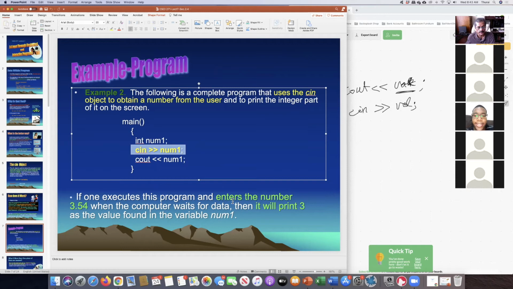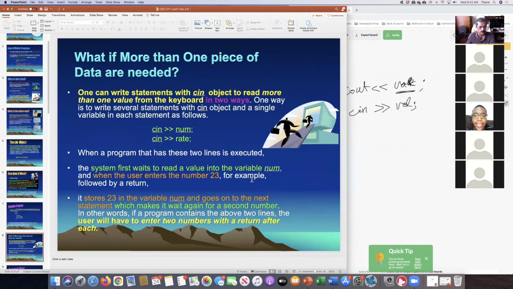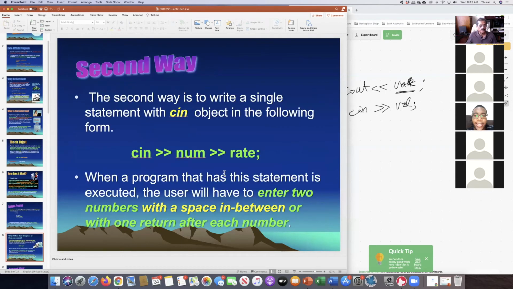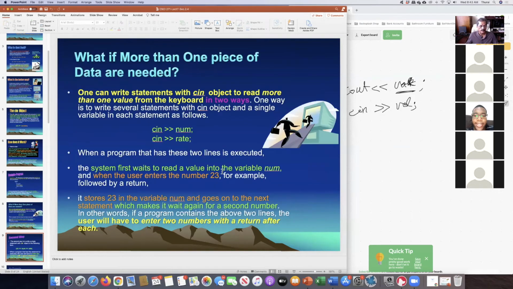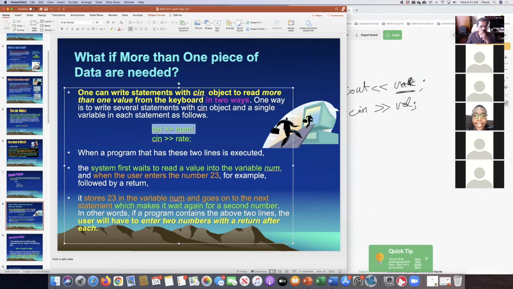Users don't know anything about programs. You have to assume that. So what we need to do is, I already explained that. So what we need to do is, all right, before I go into that, if you need to get two